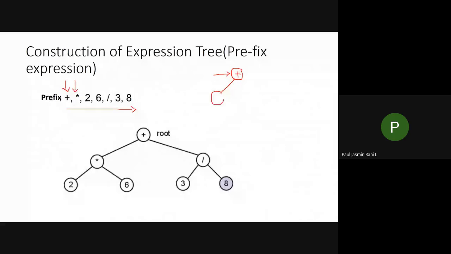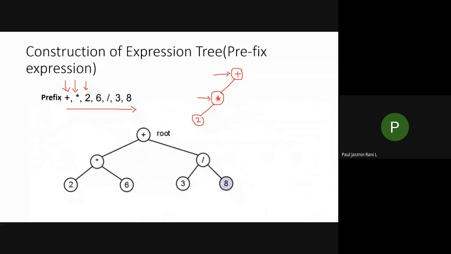Okay, can you follow this one? Because this is the opposite of your prefix expression. So you compare with that always positive expression. Okay, so I enter this asterisk on your left side, not on your right side. Okay, so the next element is 2. If the next element is 2, it means you are in an asterisk node. So from that asterisk node, I'm going to put the element 2 over here. Okay, so after creating this one, I have to move on to 6.